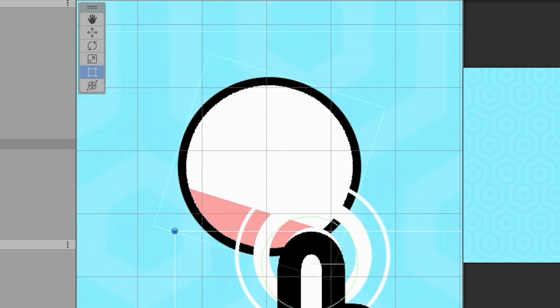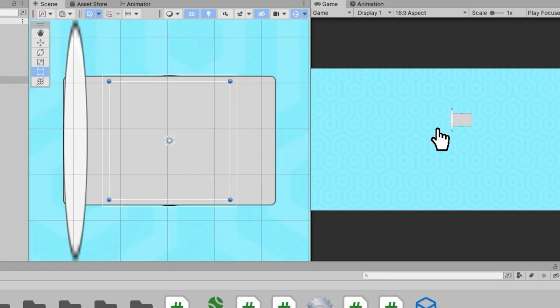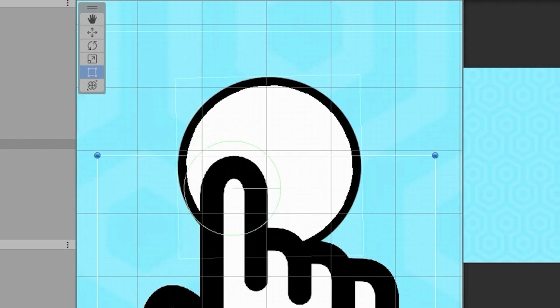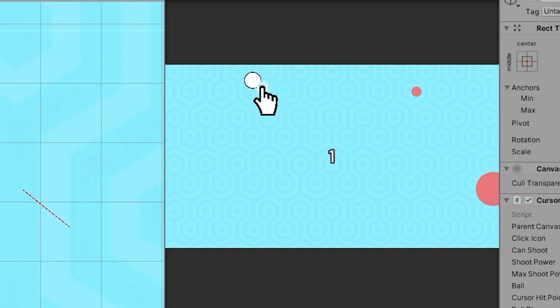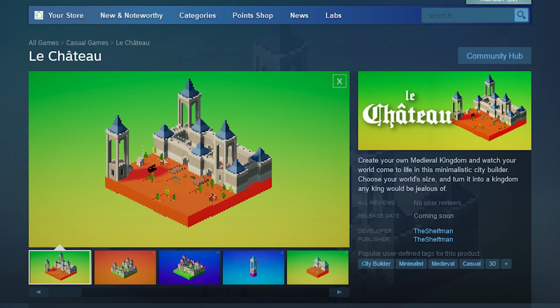You can even see how much power your ball has when letting go, because I added a slider inside it and used the mask component to hide the edges so it's only inside the ball. Huh, guess UI isn't so terrible after all. Well, that is where you're wrong, kiddo. When I tried to add polish to the game, as I've been doing with my minimalistic city builder, Le Chateau,